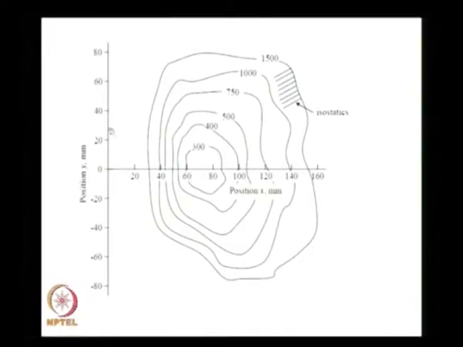Now, the question is, we are living in linear elasticity. I can employ principle of superposition. Now, how do I interpret this isoentatic data? For example, if I want to find out what happens along a line y equal to 20 millimeter, it will cut several isoentatic curves. So, what you need to do is you need to find out for each of these curves what is the corresponding stress developed on the specimen.